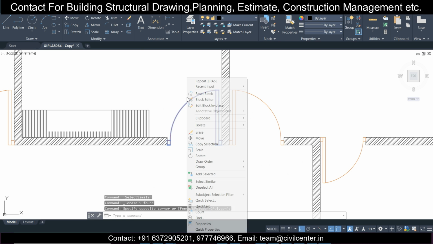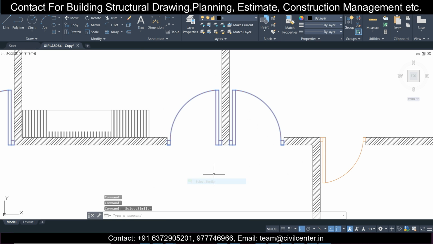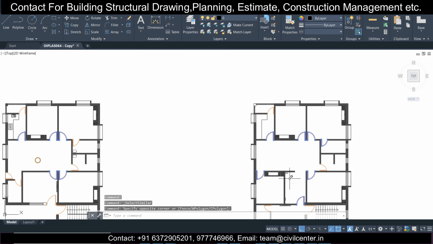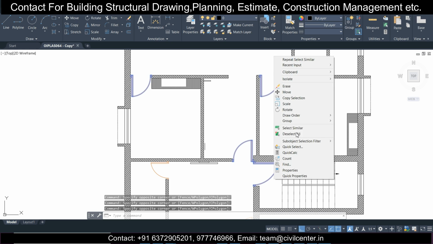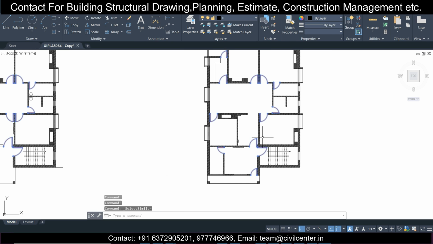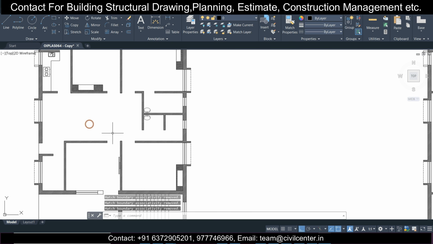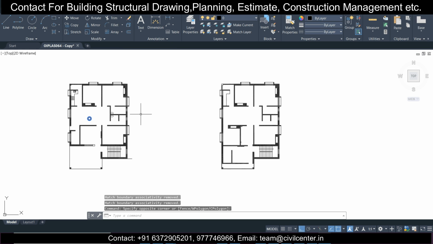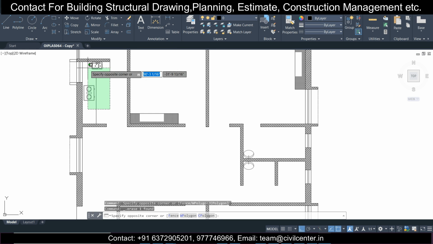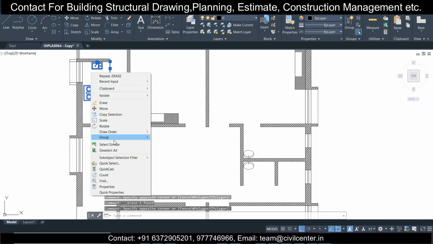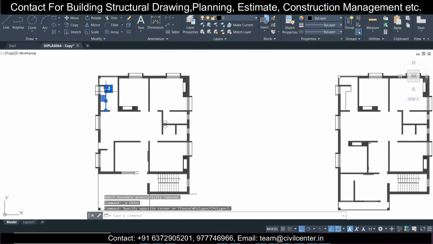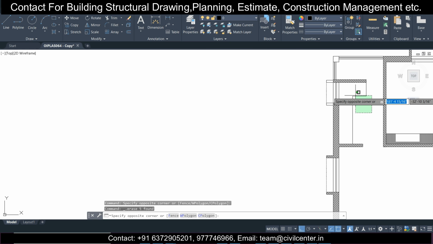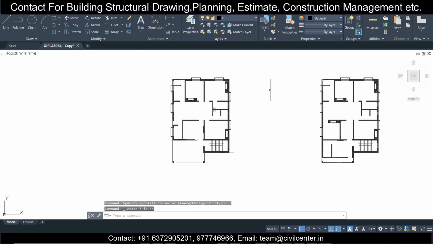If this is a group, then I think it will be select similar. So right click and then select similar, and then delete. So it's better now. Most of the things have been deleted, but there are some things. Let's see. No, you can delete this, and we delete this and this also. I think the remaining we will keep.